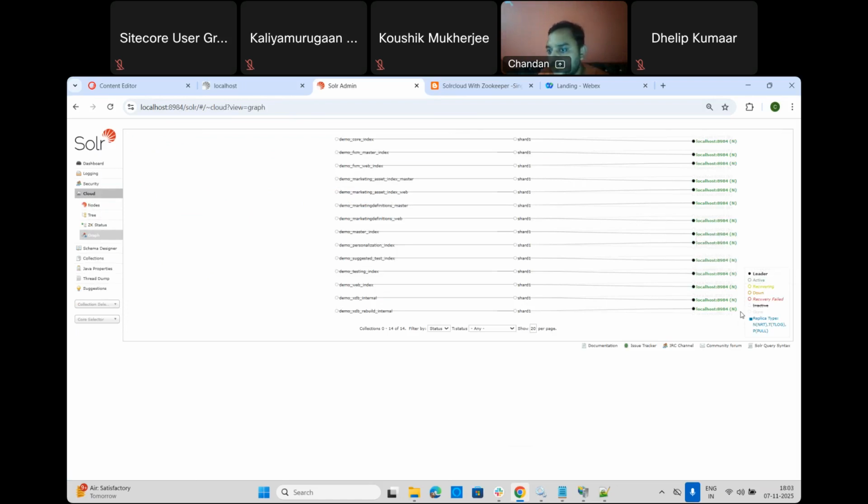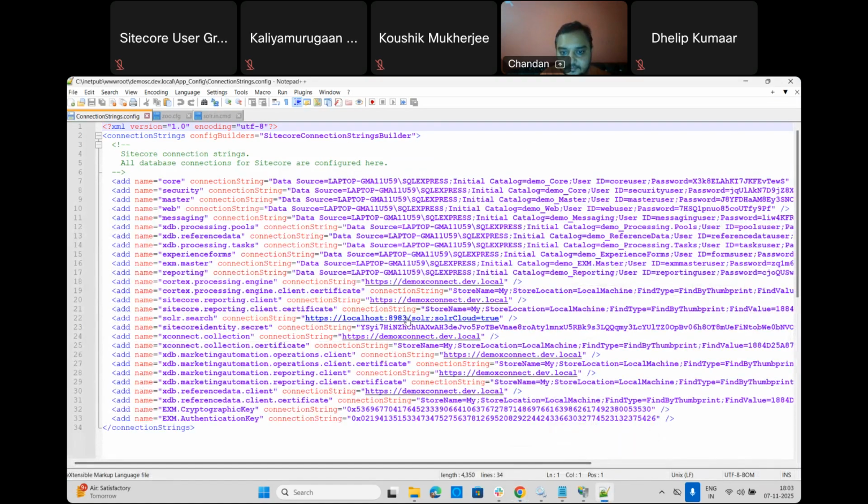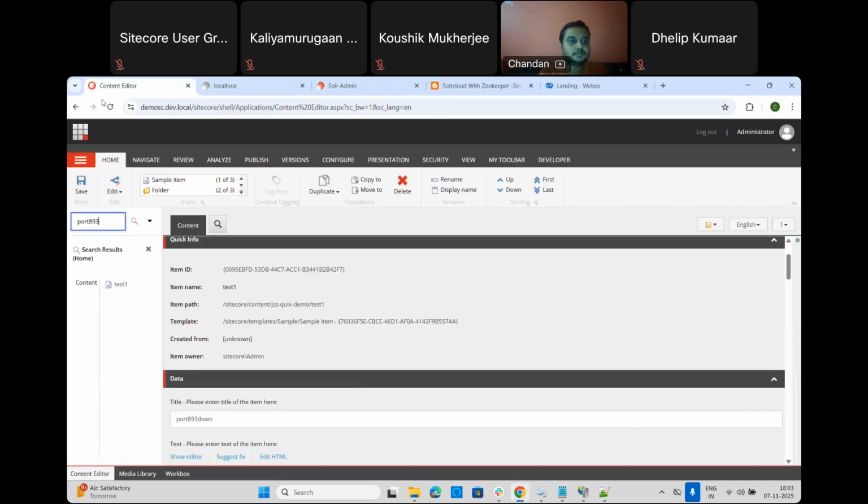You can see the status from here. On the right side, you can see leader, active, recovering, down, right? Let me change the port number here to 8984. That's it. This change in the connection string, I don't have to do when we have the load balancer, but since we don't have the load balancer in our local setup,